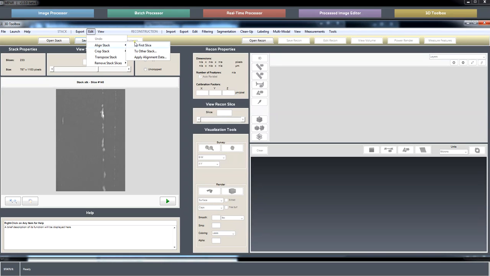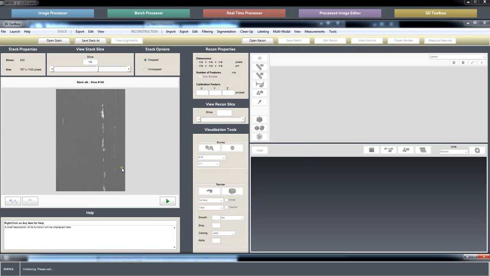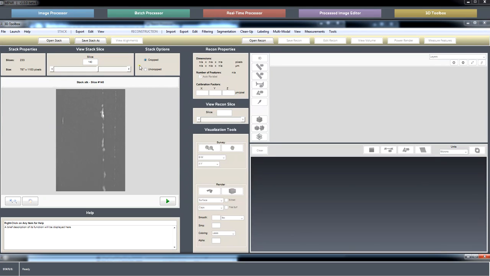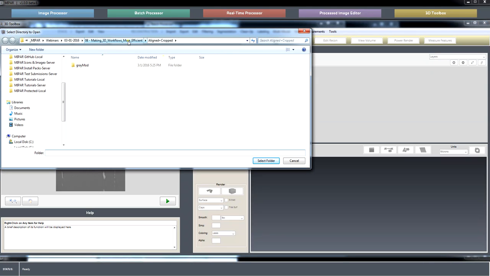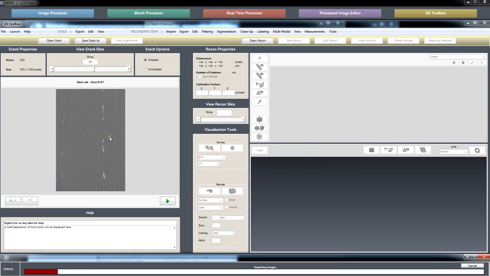So if I just run an edit align stack for slice using translation, that will reperform the alignment here. I don't want to take up any more of folks' time, so let's assume it refines the alignment and there's less jitter. Now again, we would put these back out into images,